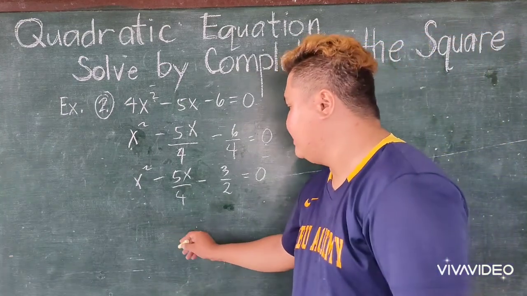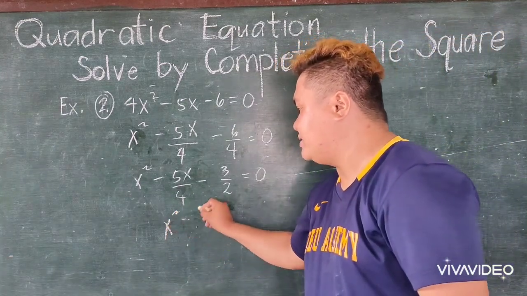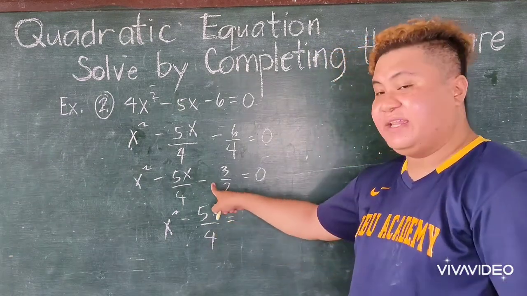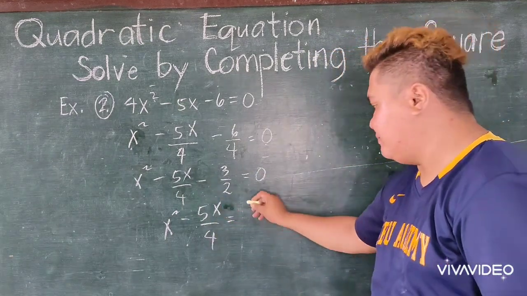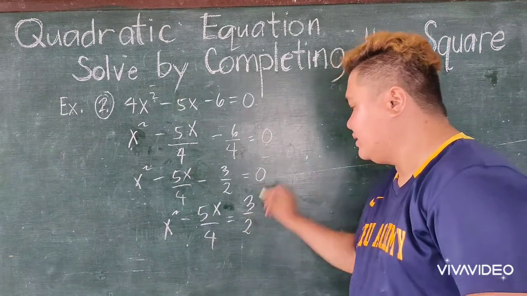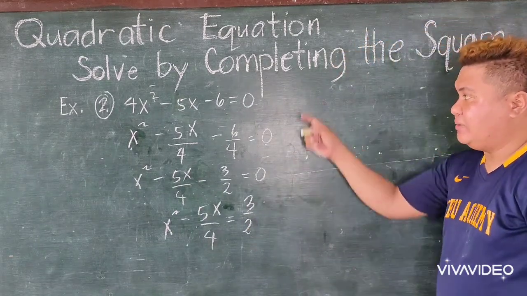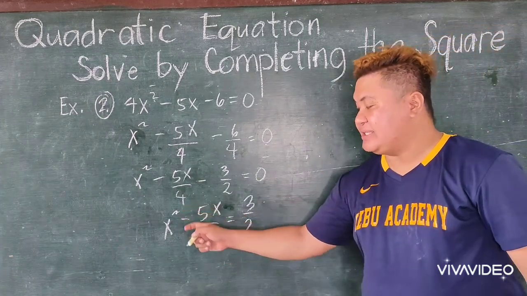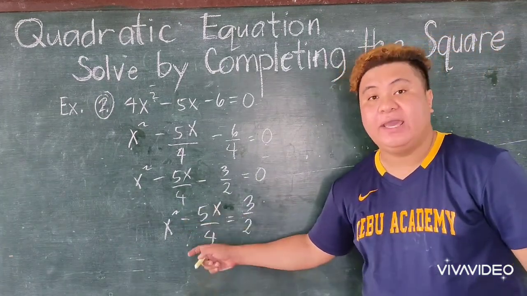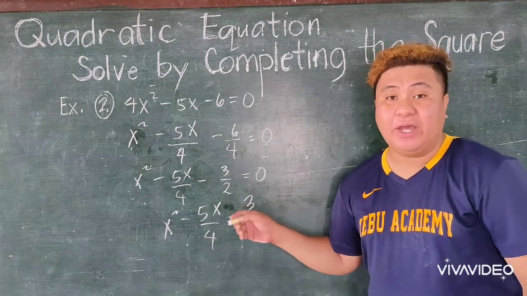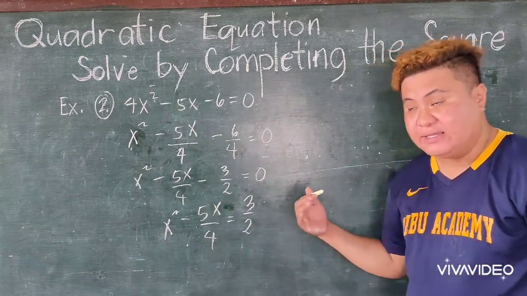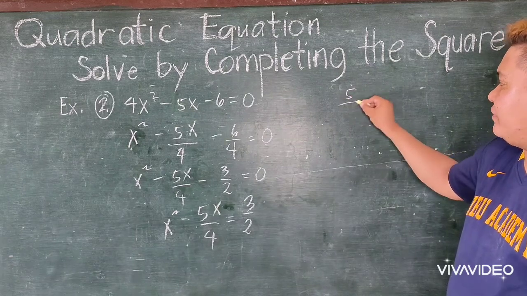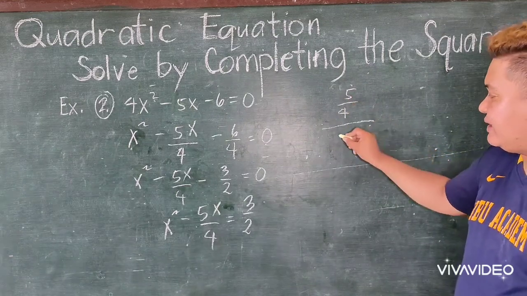So we have x squared minus 5x over 4 equals positive 3 over 2. Let's continue here. Now we divide the coefficient of x by 2 and square it, then add it to both sides. Let's have 5 over 4 divided by 2